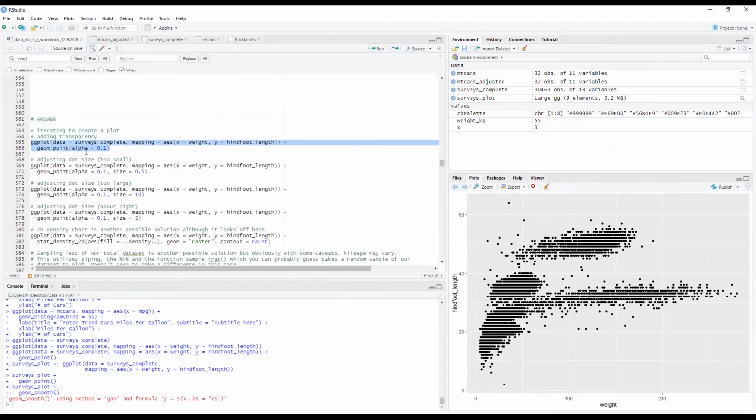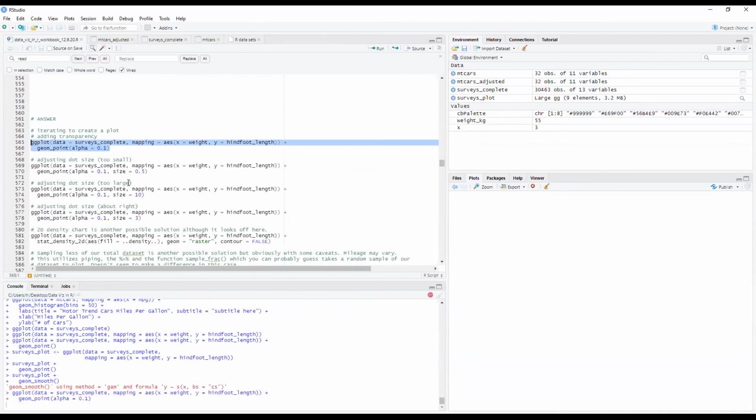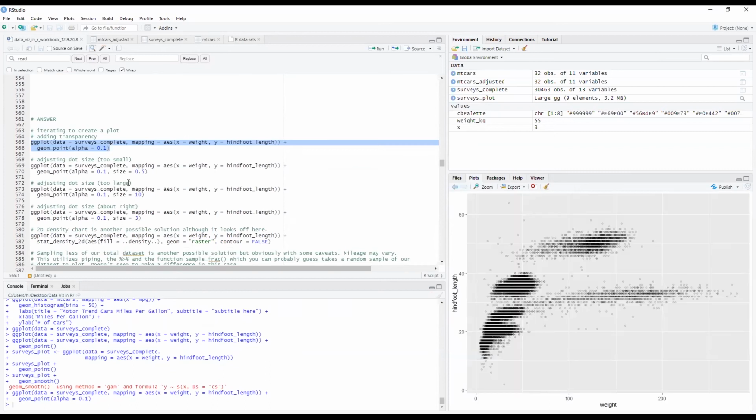In order to adjust transparency, you adjust an argument called alpha. And alpha you can set from 0 to 1. 0 is, I think, completely transparent. 1 is completely opaque. So here we're setting our alpha on our points to 0.1, fairly light, so pretty transparent. You should see a difference here. And notice that we're assigning the alpha to the geom point function. Yep, we see here, transparency is there.